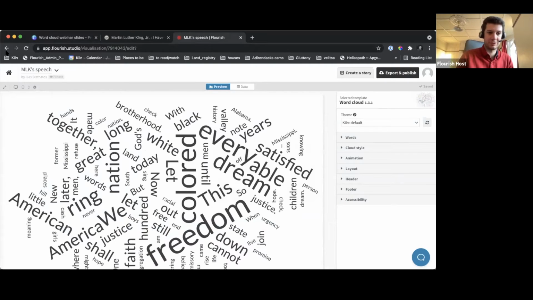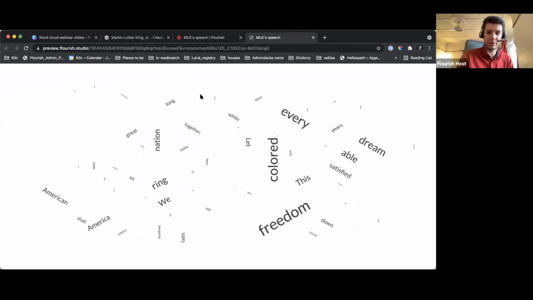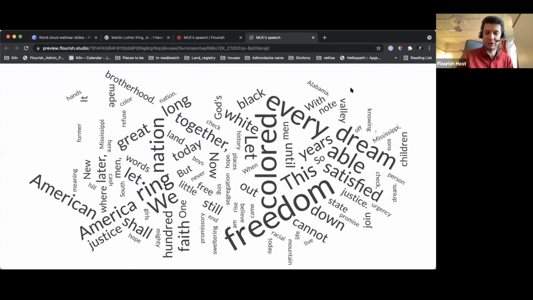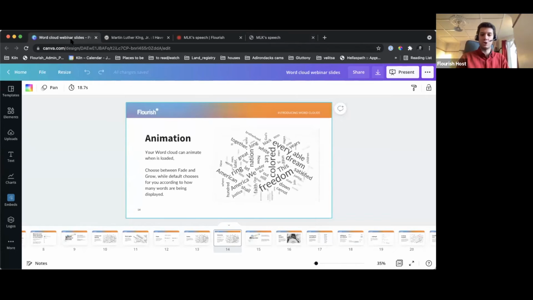If we preview this on full screen, we can see that we now have a word cloud of the famous I Have a Dream speech by the late Reverend Martin Luther King Jr. So now that we have created our word cloud,